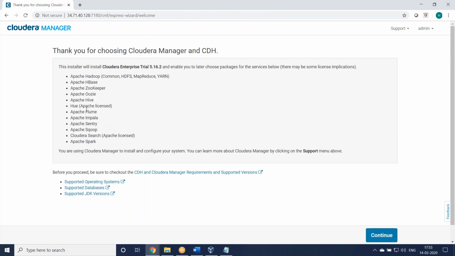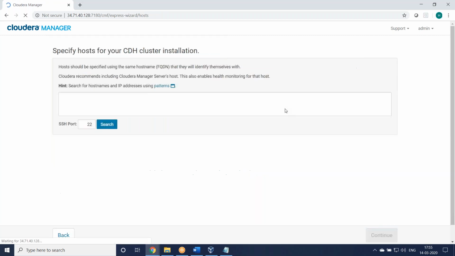Okay, so the Cloudera correct version 5.16.2. In that, they implemented this many packages, these many tools, and they are giving a package type. Okay, I am clicking on continue. You see, nothing, just observe it, check and read it, and continue.